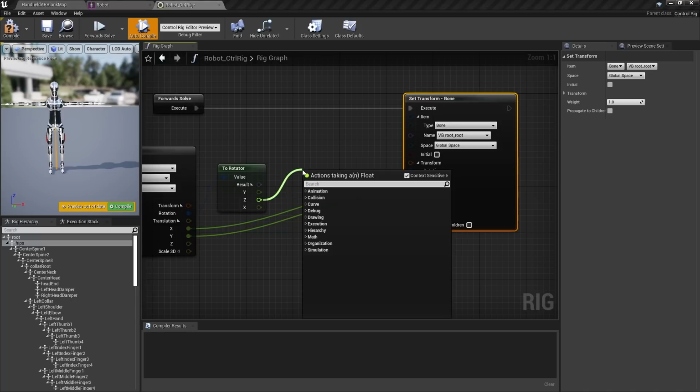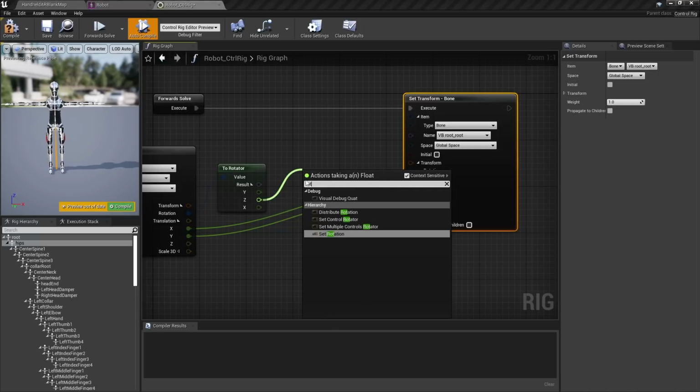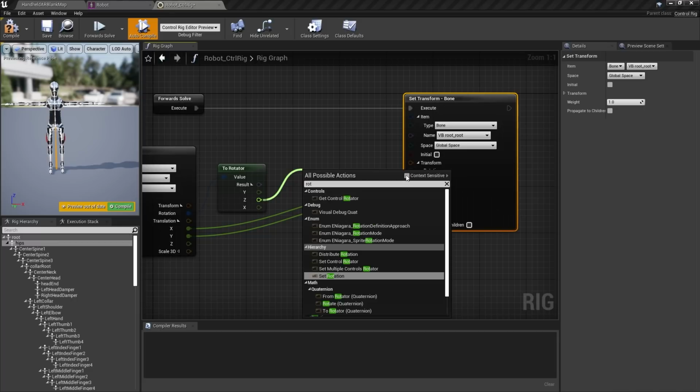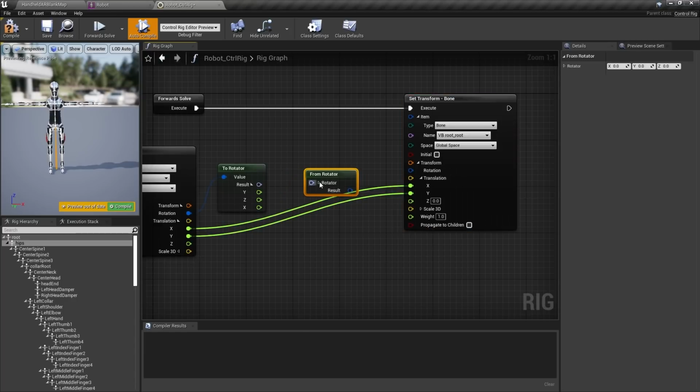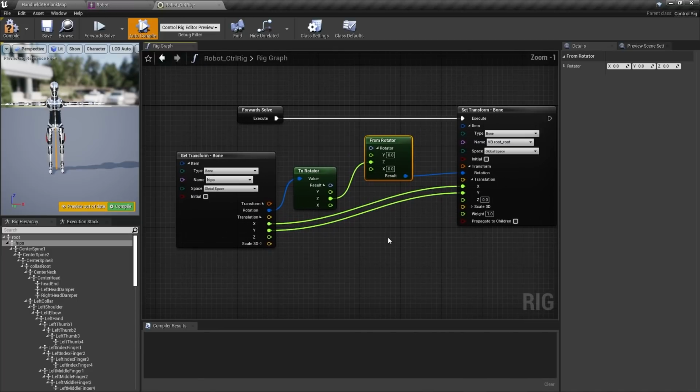And I'm going to pull this off and type rotator again, and you can see that there's a set rotator. That's not actually what I want. I want a from rotator, and it's not showing up. So if I turn off context sensitive, you can now see I have from rotator. So we can just pull that out, expand this, grab the Z axis off of that and shove that into rotation. So that is the setup for this. We'll go ahead and compile on that.